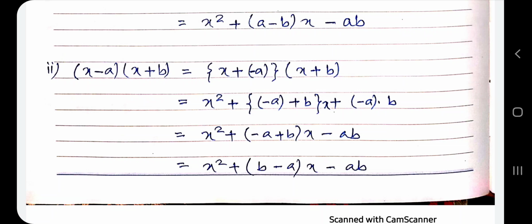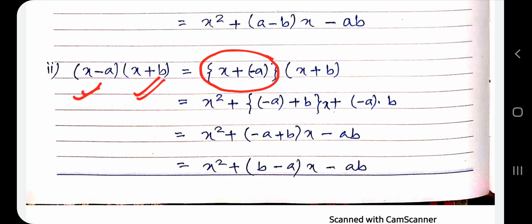We are multiplying x minus a with x plus b. X minus a and x plus b are multiplied together, and the result will be obtained using the above identity. So when these two binomials x minus a and x plus b are written in standard form according to the identity, can we write x minus a as x plus within bracket minus a, as we did above for minus b? We are doing it for minus a also.